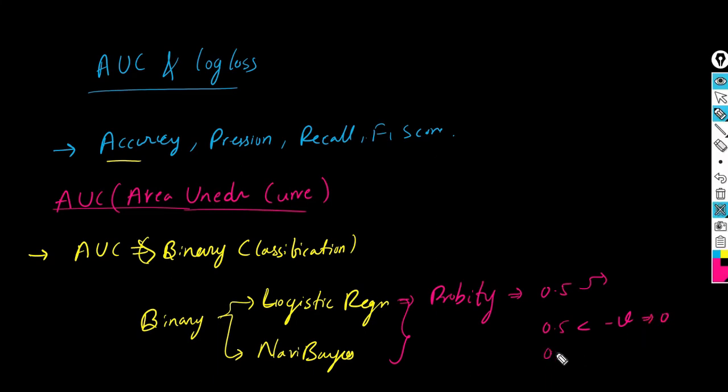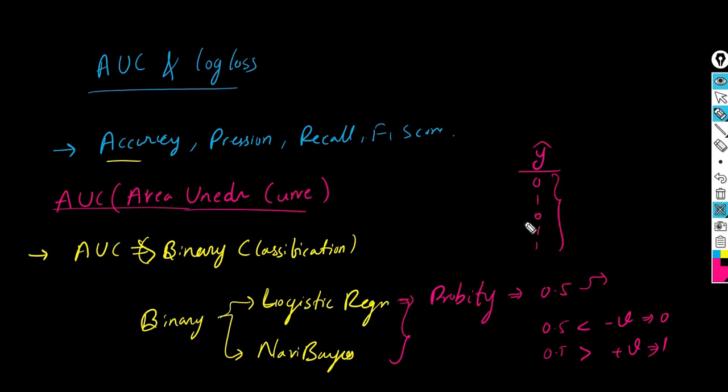If the value is greater than 0.5, we call it the positive class, represented with 1. Finally, the output prediction will be 0 1 like that,